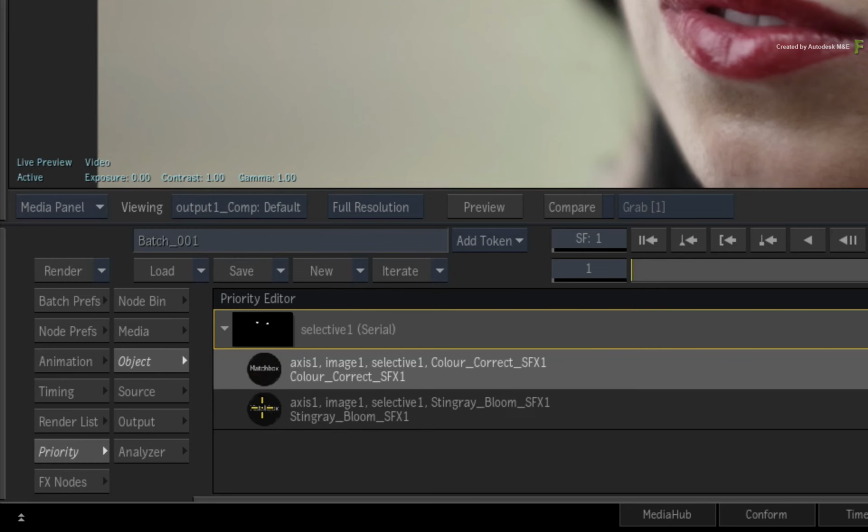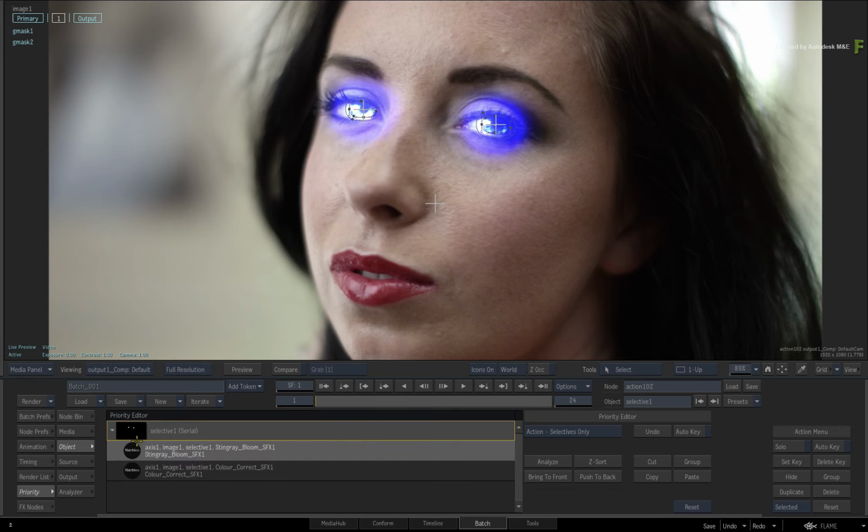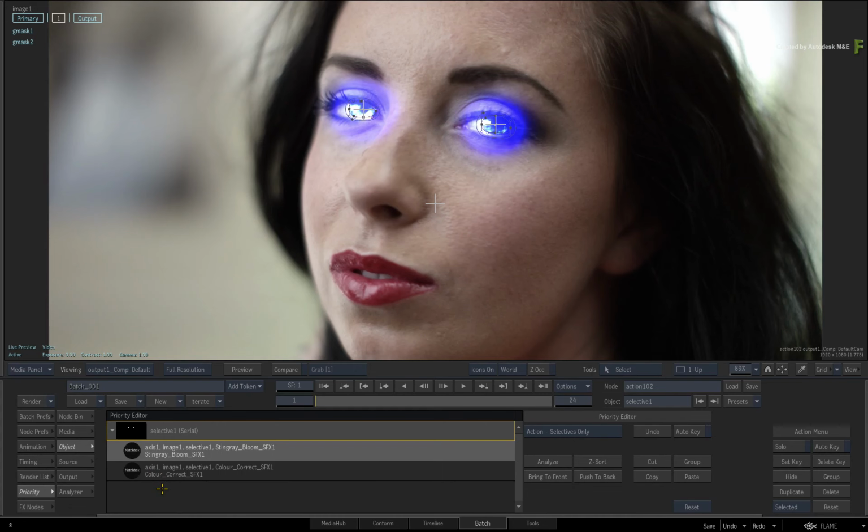To reorder any shader, just select the shader you want to move and drag it up to its new location within the selective processing pipeline. The result in the viewport will update based on the order of the shaders. So this is more like dragging operations around in a layer editor instead of shuffling nodes about in a flow graph. The original order of the shaders gave a better result in my opinion, so drag the shaders back to their original order.